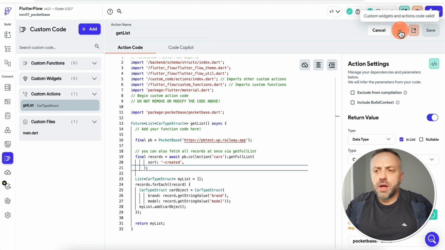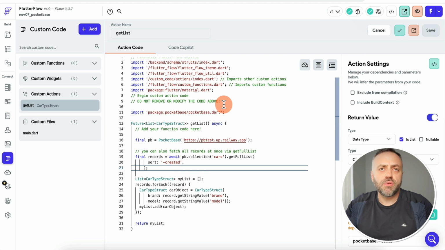And as you can see, there are absolutely no errors. Everything compiles perfectly, and this piece of code is ready to go. And so this is our first custom action that integrates with PocketBase natively without any APIs directly to our custom data types. Okay, and so now that we have this custom action tested and working,